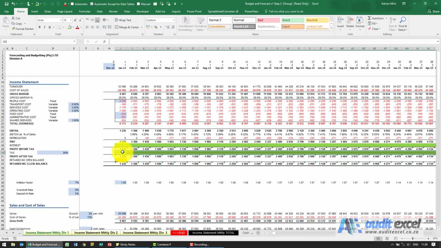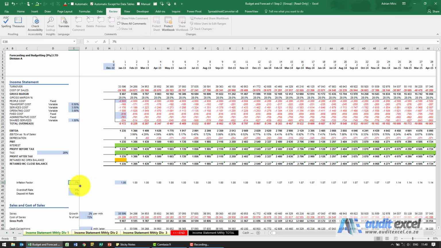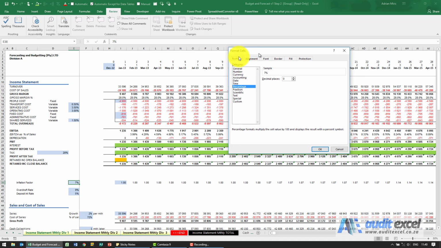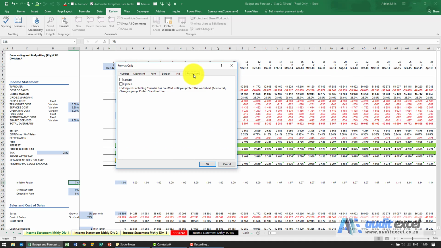The second thing that we worry about is this inflation factor. It's in blue, but we don't really want people to change it. When we eventually protect the sheet, we want this to be protected even though it's in blue. So while we're in group mode, I can go into my format cells, and when I go to protection, you'll see at the moment they are all unlocked. So I'm going to say lock them please. When I say OK,